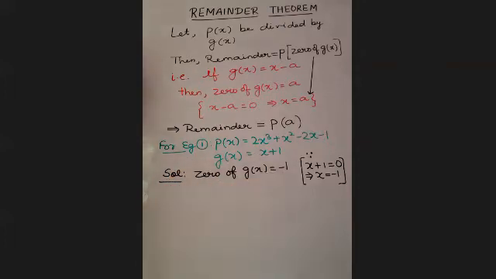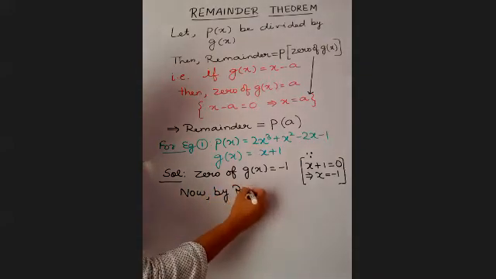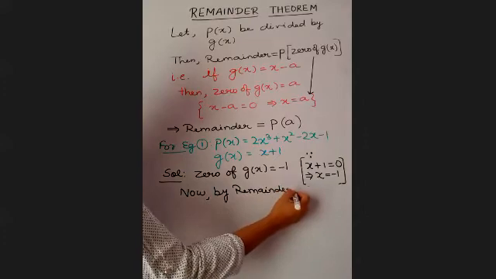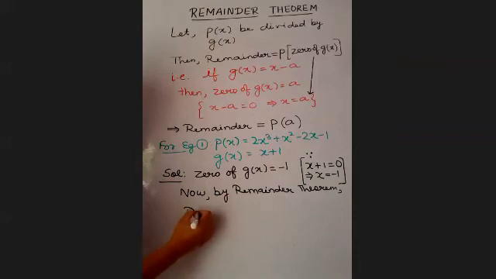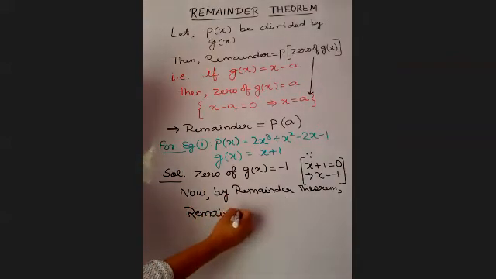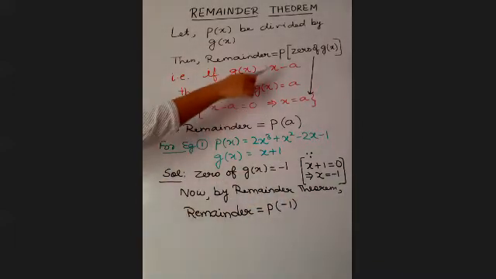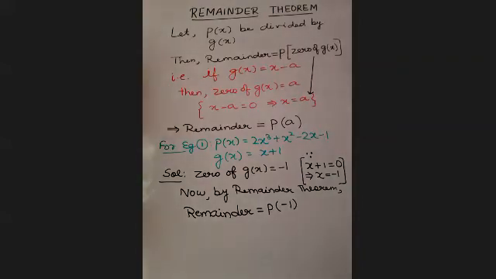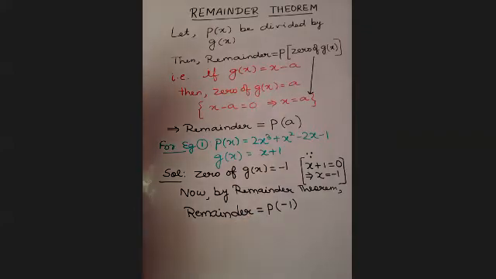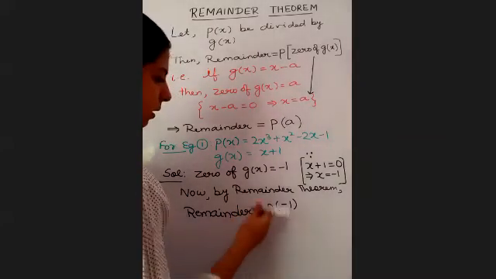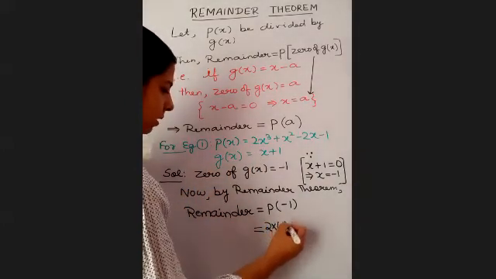We have calculated it. Now, by the remainder theorem, we need to mention this, that we are using the remainder theorem. The remainder is given by p of minus 1. It says the remainder is given by p of the zero of g(x). And here the zero of g(x) is minus 1. So p of minus 1. So what is p of minus 1? Let us see. In place of x, we are going to put minus 1. So 2 into minus 1 cubed